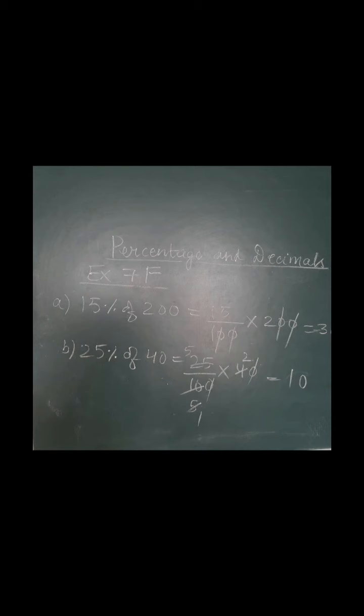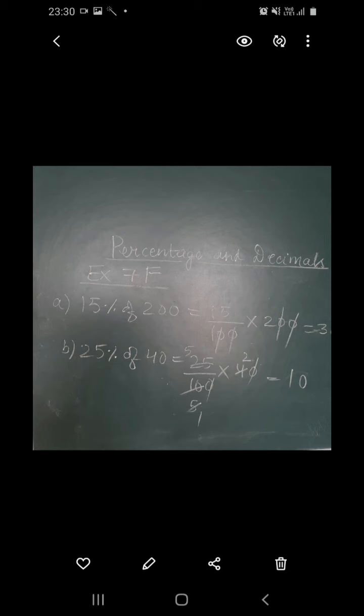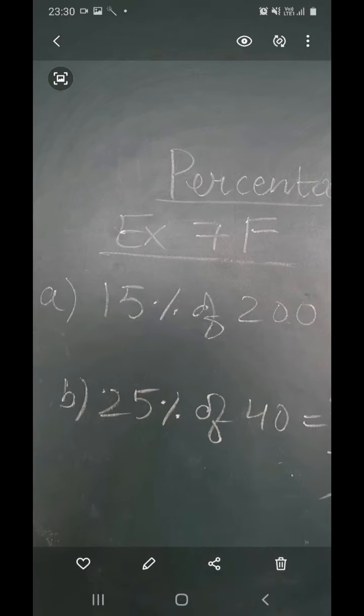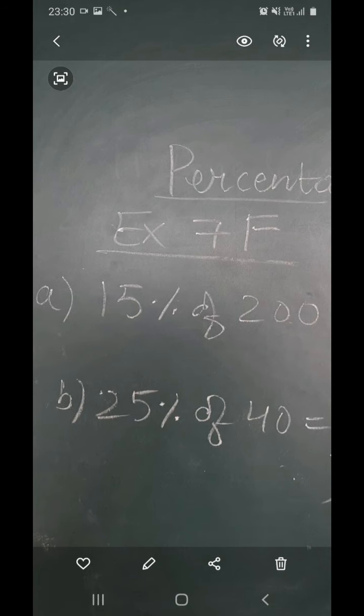Now moving on to the next question of the next exercise. It is of exercise 7F. In this question, what you have to do, you have to find the percentage of a given quantity. So how will you proceed students? If a certain quantity is given to you, for example I ask you to find the 7% of 100 marks, so how will you proceed? Whenever it is written 7%, of means multiplication, so 7 upon 100 multiplied by 100, so 7% of 100 marks will be 7 only.